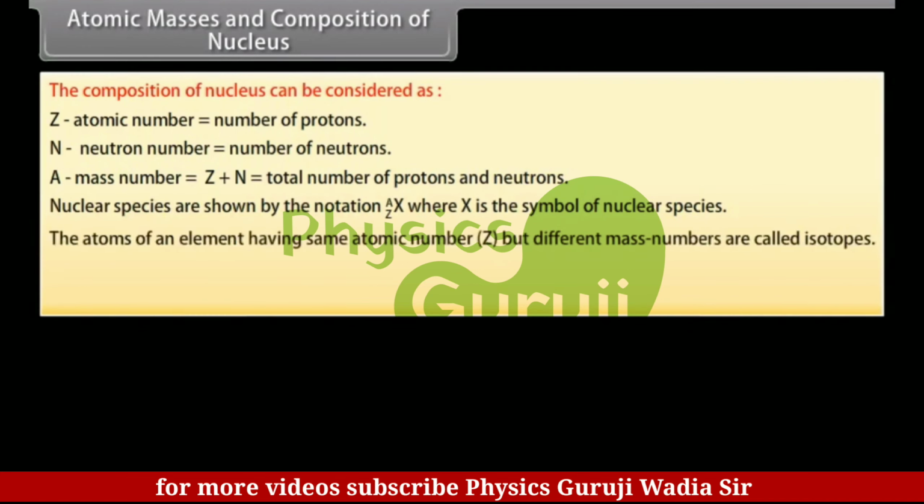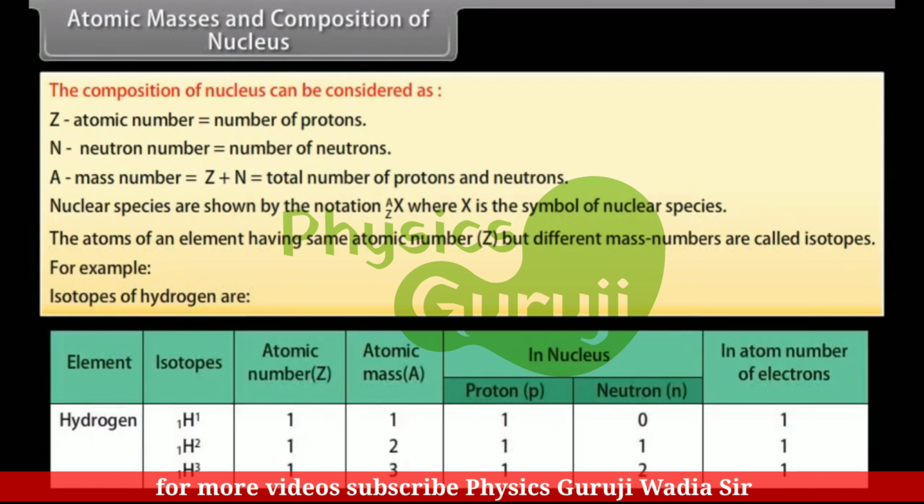The atoms of an element having same atomic number, that is Z, but different mass numbers are called isotopes. For example, isotopes of hydrogen are: